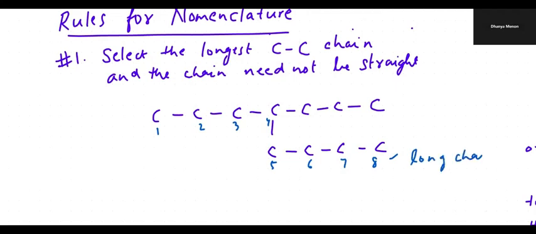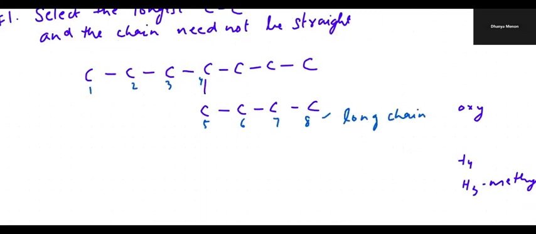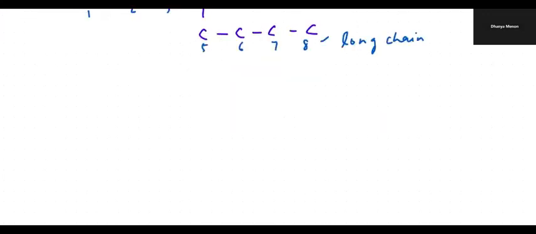So you have to check first which is giving you more longer chain. Okay, so you have to select that. Okay, so this is one example. Or suppose I give another example where 1, okay, and